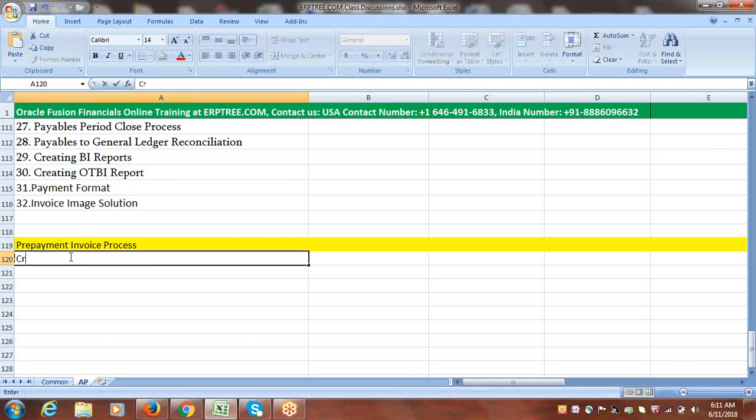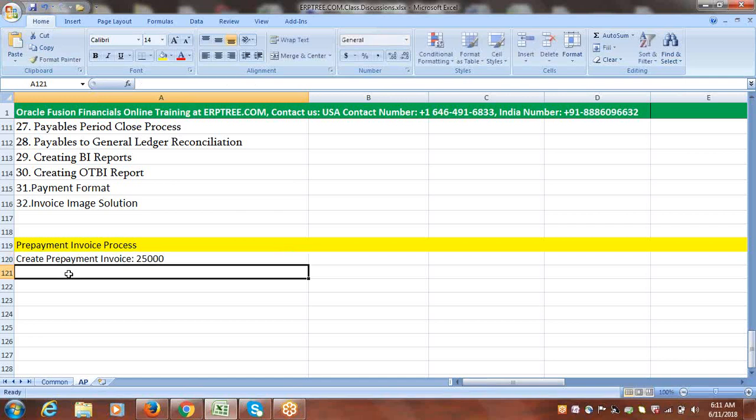So I will first create a prepayment invoice. We'll create a prepayment invoice with, say, $25,000. To process the advance to the supplier, it's mandatory that we have an invoice. That is the reason we first have to create the invoice for prepayment purposes. Then we can make the payment as a prepayment amount, the advance amount. Say, create payment